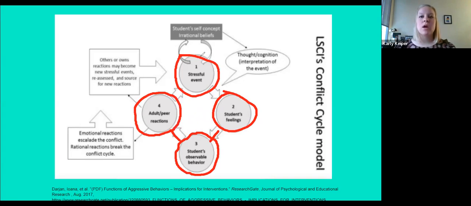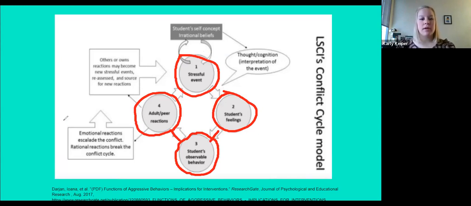Now, it's very helpful for us to stop and understand that the stressful event and the child's feelings may not make sense to us, right? Sometimes past experiences, especially past traumas, can lead a student to find something intimidating or scary, and that fight or flight. They can feel that for things that we wouldn't perceive as dangerous or unsafe or too challenging or intimidating, okay? So that is something to keep in mind.